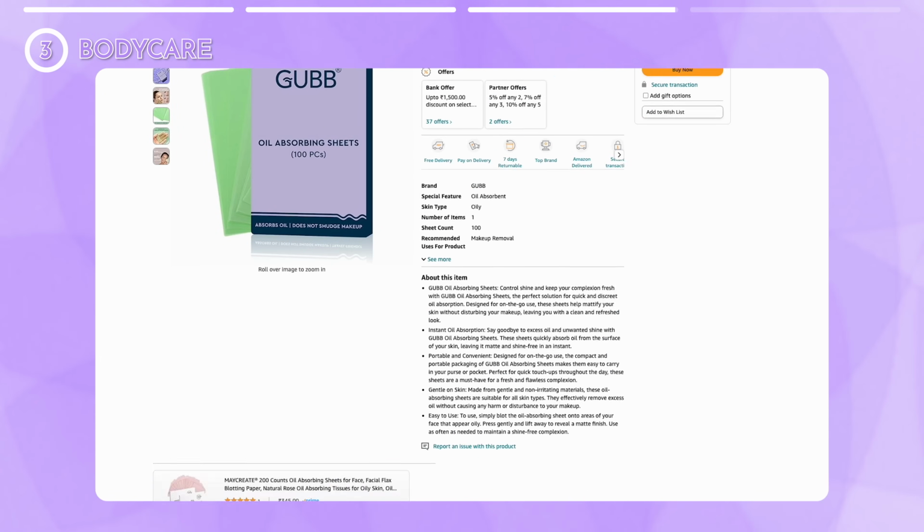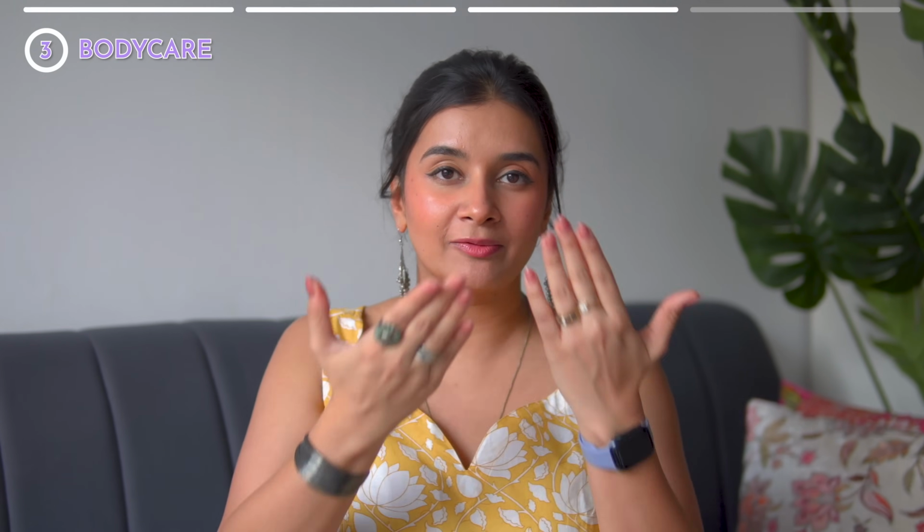You just pat. It soaks up all of the excess oil and does not smudge your makeup. The gubbed ones are really nice, and it actually just makes your face feel fresh without you having to wash it or remove your makeup and reapply it. It's helpful even if you've not applied makeup, honestly. But if I've not applied makeup, I will go in with a wet wipe or a face mist and wipe my face with a tissue. But if I have applied makeup, blotting sheets are like...